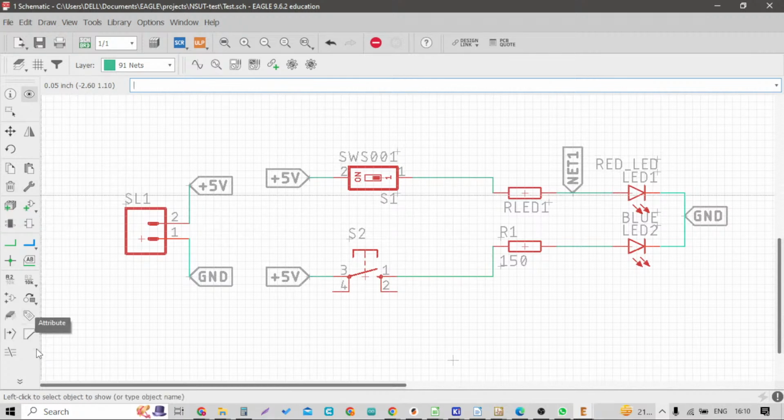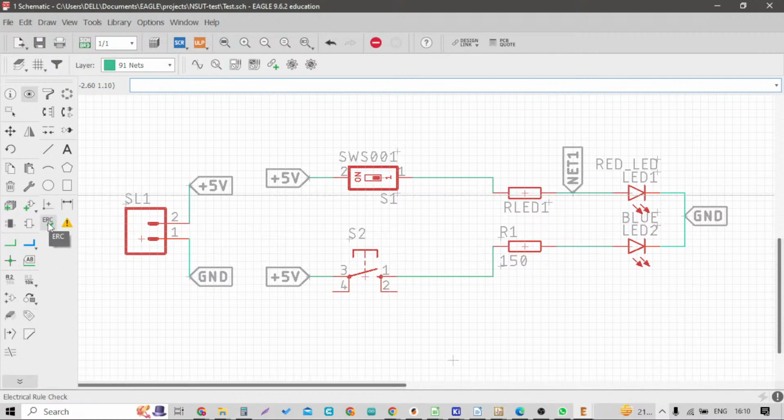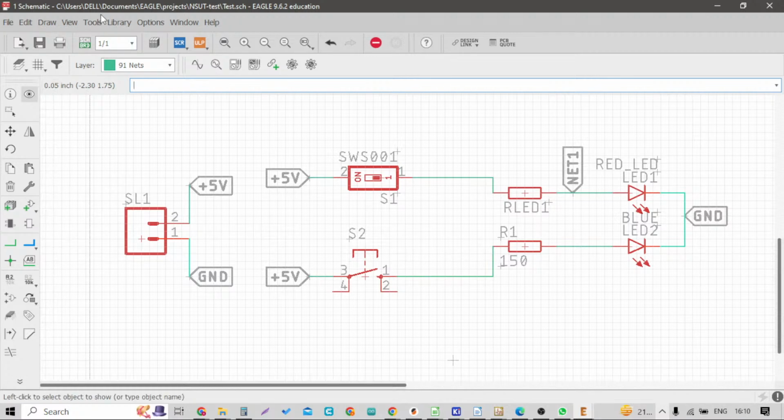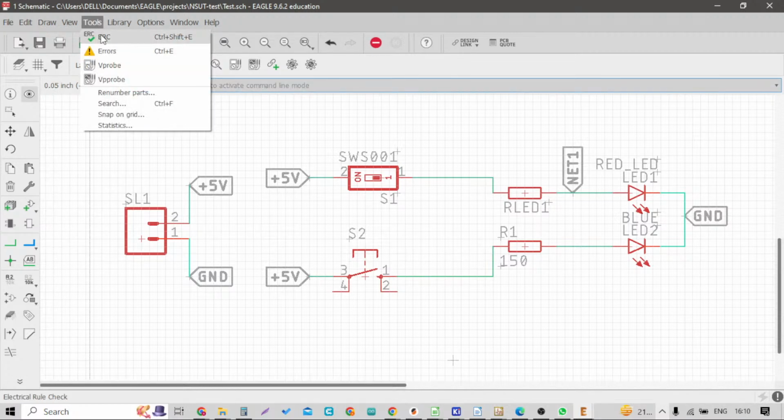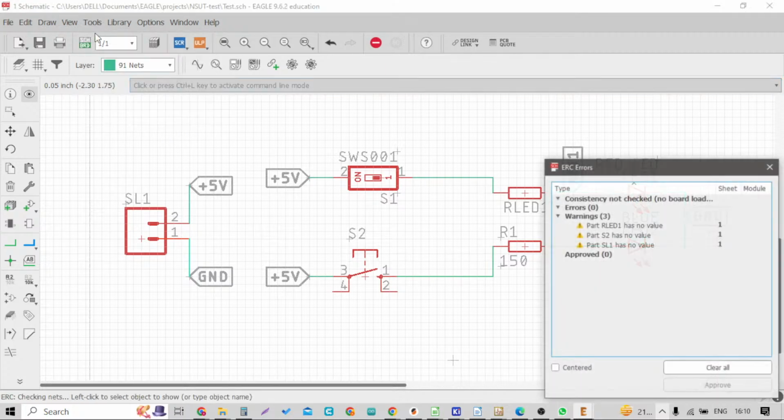Another tool that we will be highly using in the schematic part is the ERC, or electronic rule check. We can use it by going to the Tools menu and clicking on ERC. So we have clicked on ERC. Now you can see there are some errors mentioned. You can ignore the first error initially. This says that consistency is not checked,